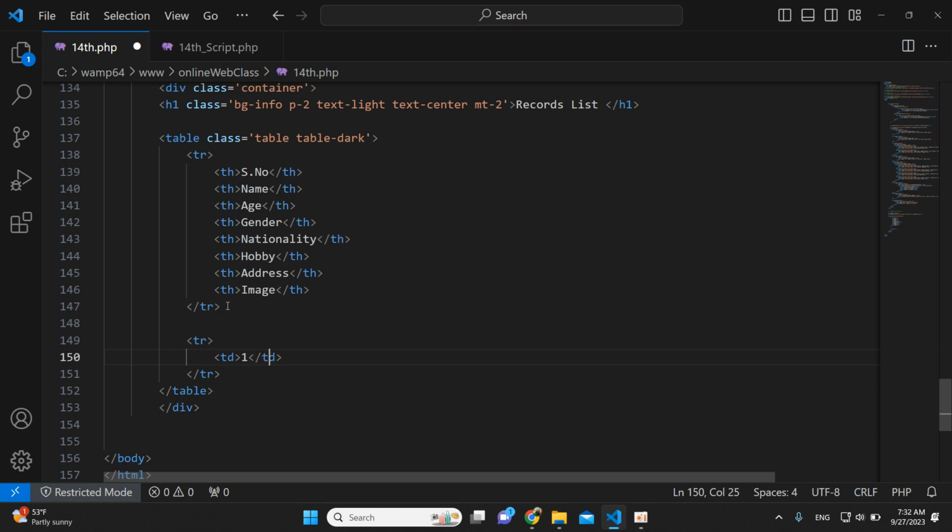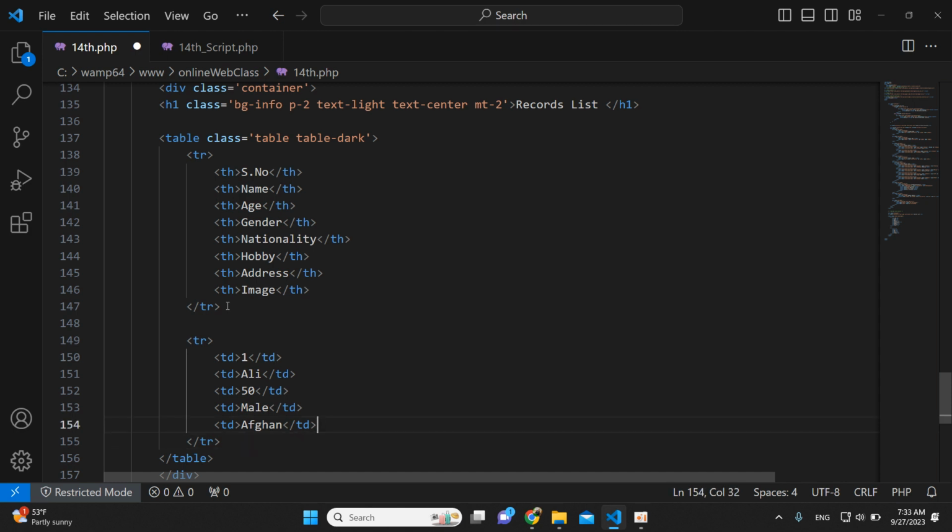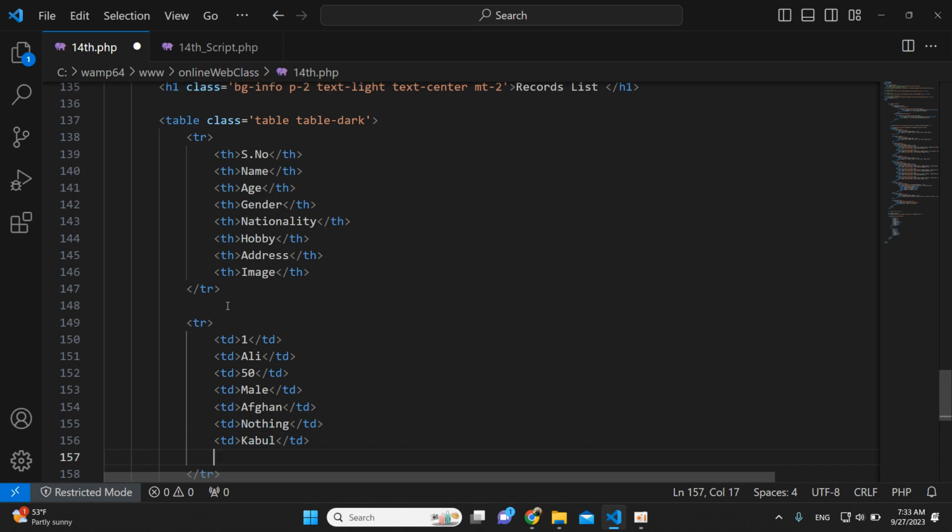So if I say serial number 1, and then if I say name is Ali, and then I have to say that the age is 50, and then if I have to say that the gender is male, and then for the nationality I'll say Afghan, and then for the hobby I'll say nothing, and then for the address I'll just say Kabul, and then for the image I'll just take a